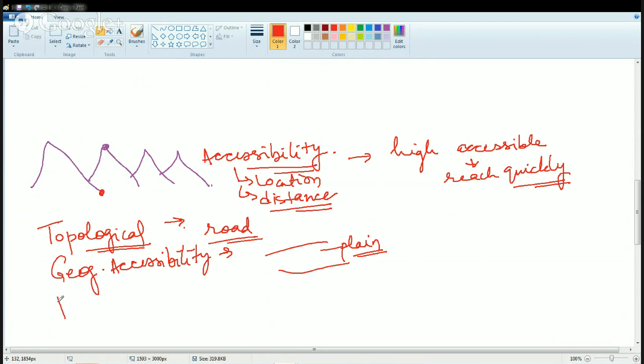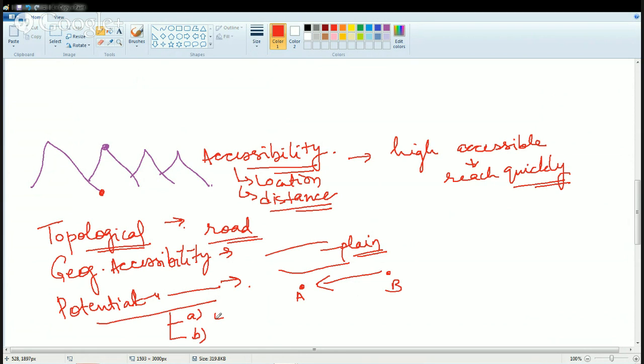And then we talk about potential accessibility. What is potential accessibility? It basically means that if I have to reach point A from point B, then what would be the travel time, along with the distance covered and the weight of different attributes. This potential accessibility is based on two parameters. The first is